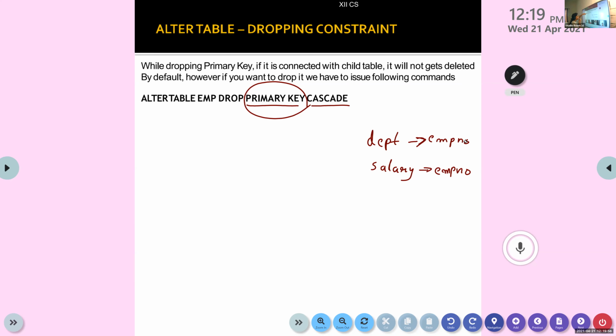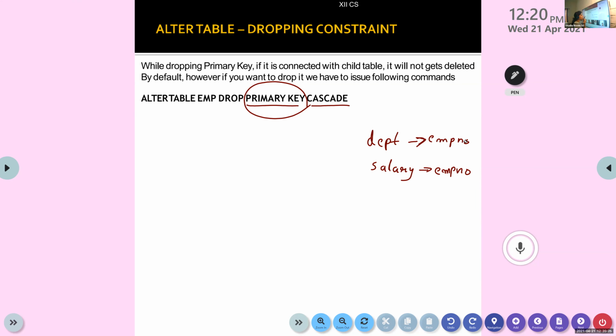Alter table EMP drop primary key cascade. That means whatever changes you make to this primary key will get reflected in the DPT table and salary table. When you make a foreign key, there are certain rules and regulations for updating it, for inserting values.